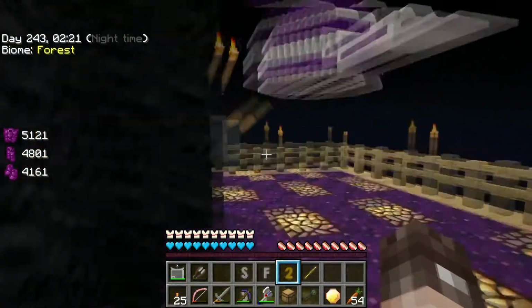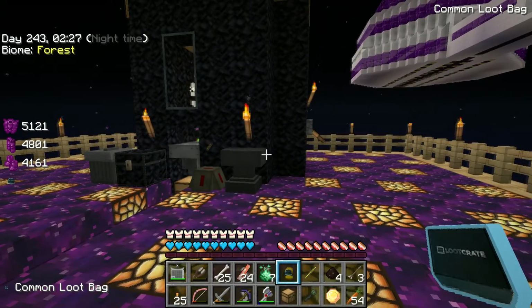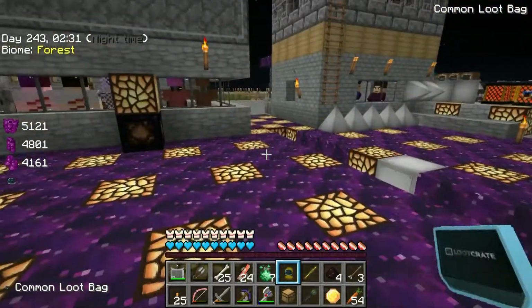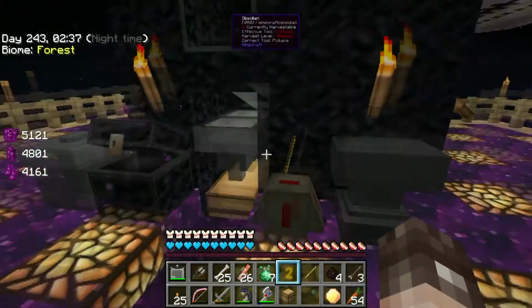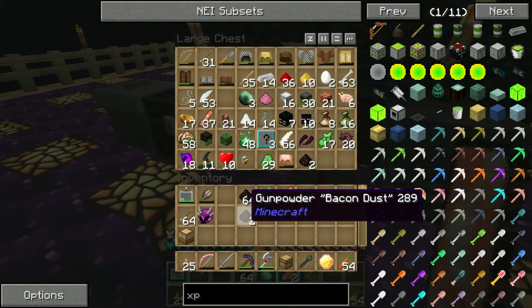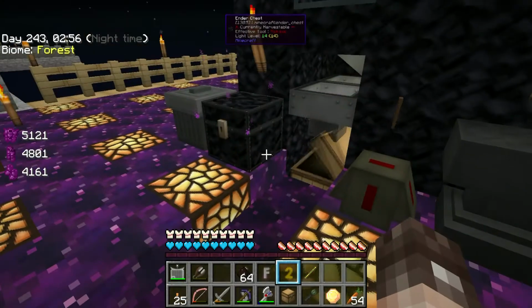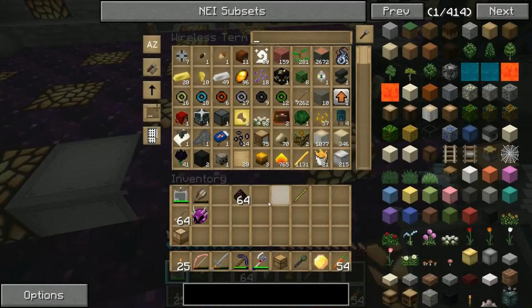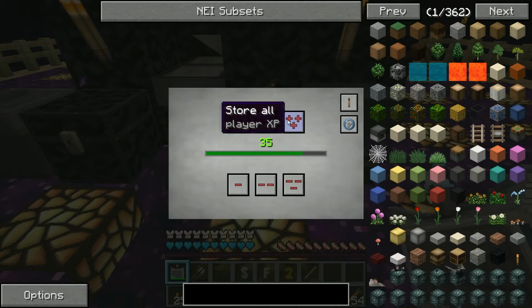So in theory, what we should be able to do now is kill all of that off. If we leave that like so, let's stick that in there. Let's whack these in here. But as you can probably hear, we are not kind of pouring XP all over the place. Oh, you're full. Let's stick the gunpowder away. But there we go. That should...